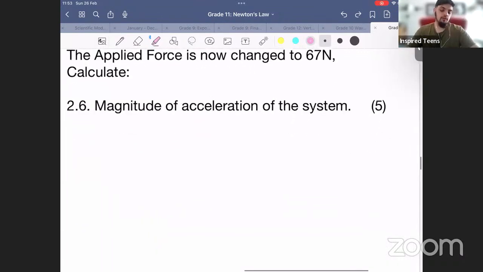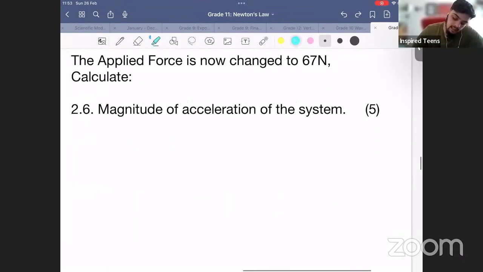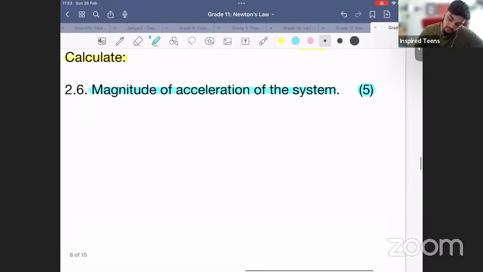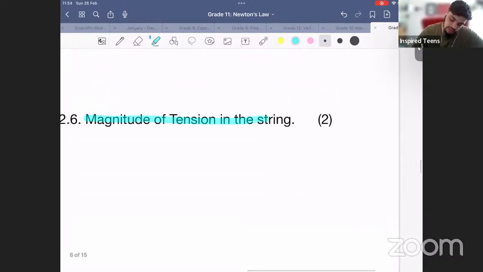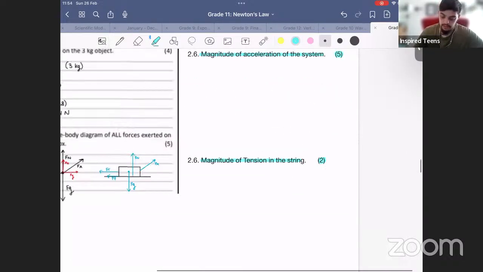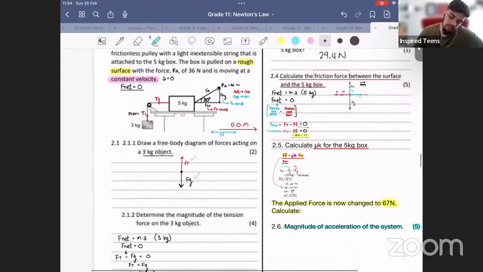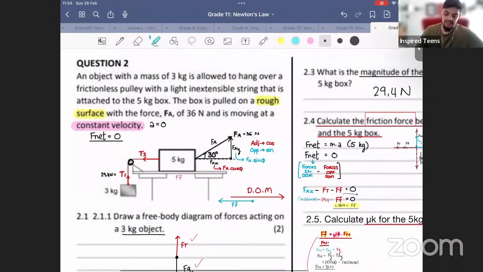Now let's move over to this. It says that the applied force is now changed to 67 newtons. Calculate the magnitude of acceleration of the system, 5 marks. Magnitude of tension in the string, 2 marks. One thing we need to note is, so firstly, the